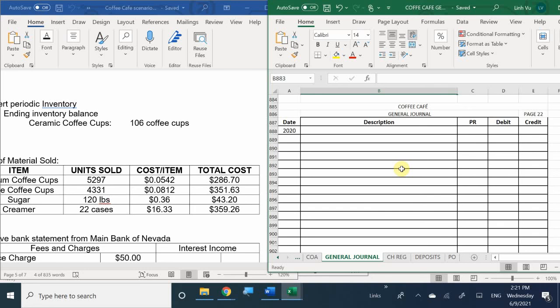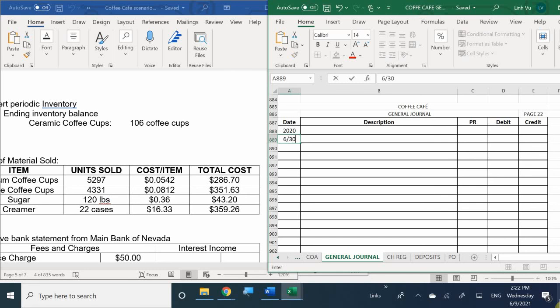We need to adjust our business supplies because right now, my account shows me that I have 7,000 cups. But do I really have 7,000 cups? No. I sold them as I made my coffees for my customers. So in this case, I need to show in my account that I don't have 7,000 anymore. I only have whatever remaining amount is left. I sold X amount of these, so this is what it cost me. So first things first,